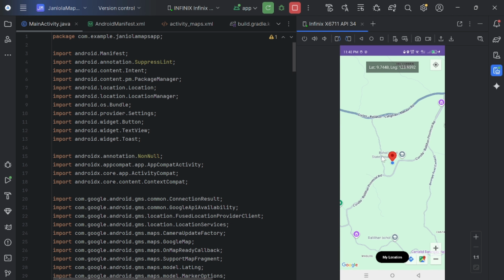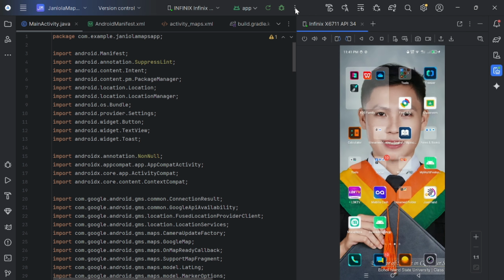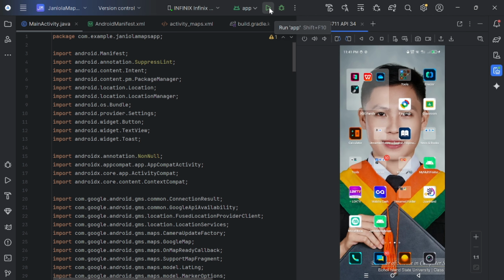Now, also, you can see here the calculated distance between the default location and your current location. So let's rerun this. Let's stop first and rerun it.